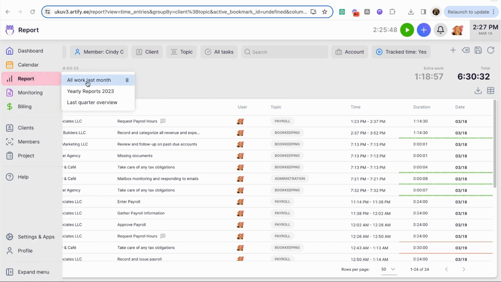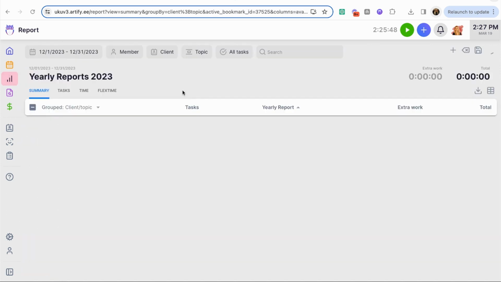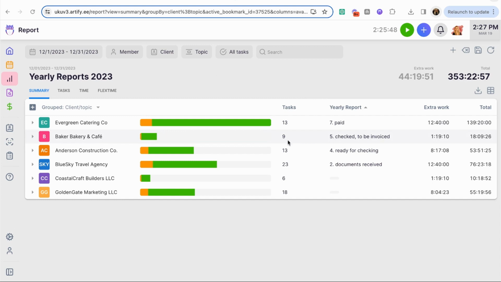So there are some other views that we can use in reporting. For example, we can have an overview of the yearly reports, meaning that if I look at the clients, I can have a full overview of all the yearly reports for this year, for last year. And how it works is